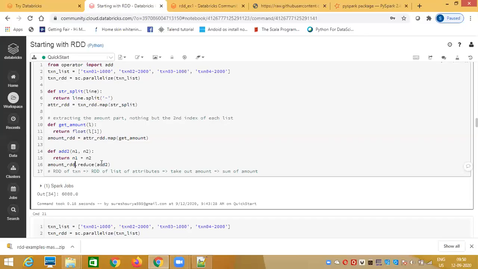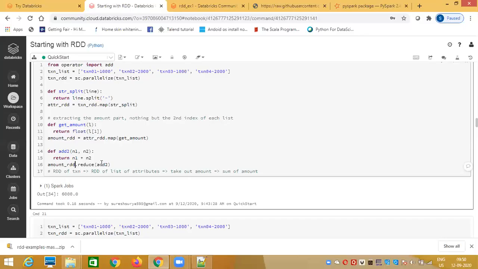You write a chain of transformations. You have written 20 lines of code and called 2 actions. So you will see your application ID is broken into exactly 2 jobs. And then the next thing we discussed is that each job is further broken into multiple stages. That is again based on transformations, because at the end of the day you are doing data transformation. Your type of function call will decide the number of jobs and the number of stages.